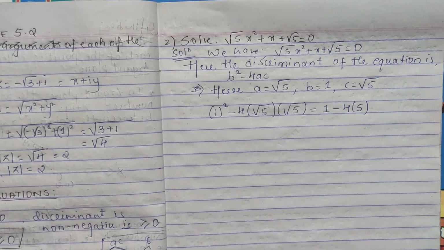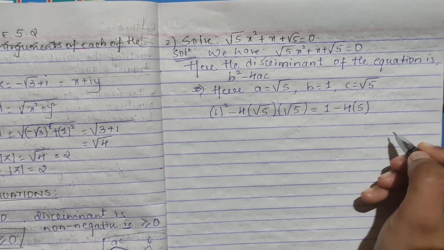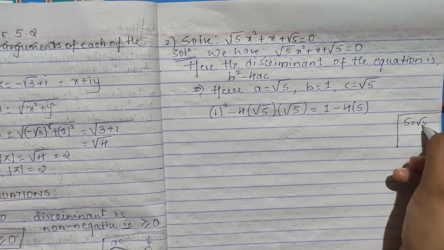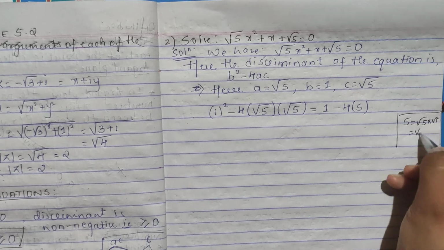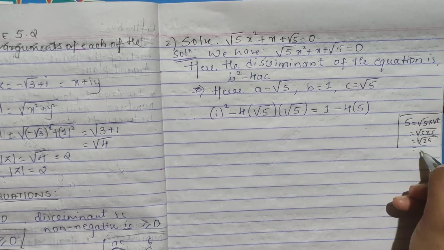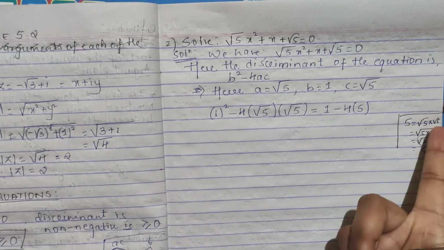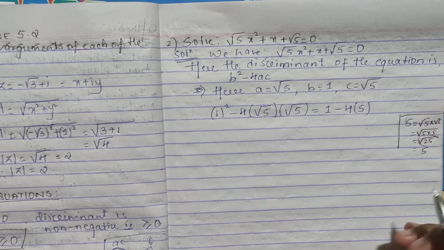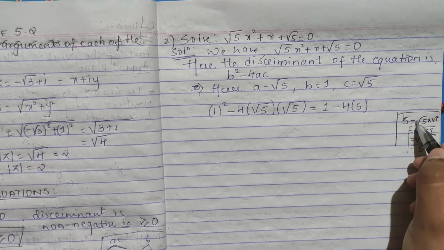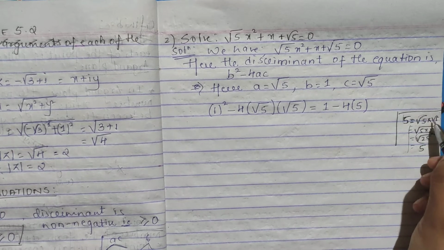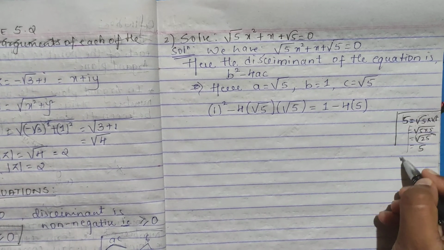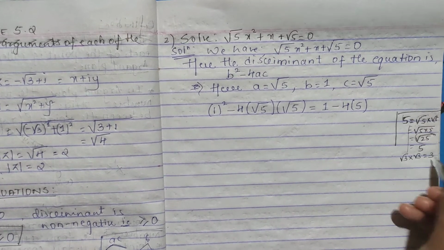This you should know. For whole numbers, the root is taken two times: √5 into √5 is 5 only. See, 5 into 5 is 25 and the root of 25 is 5. So if √5 is there, you should directly know that √5 into √5 gives a whole number. In the same way, if you have √3 into √3, you should know that it is 3 directly.